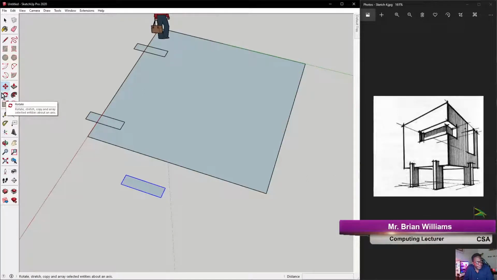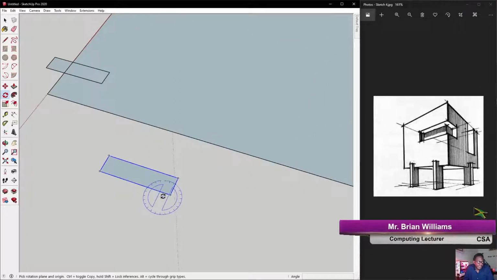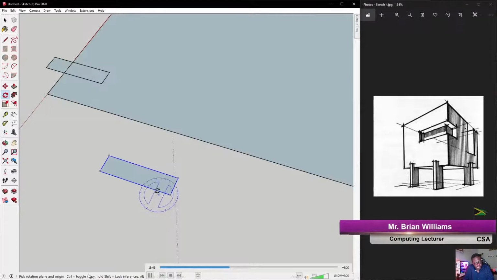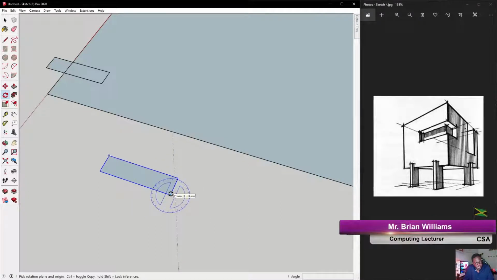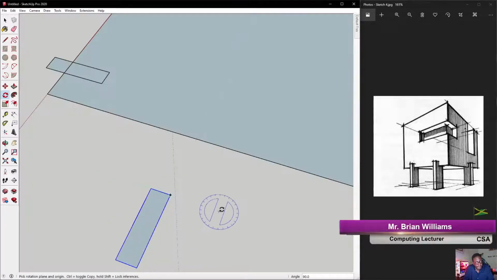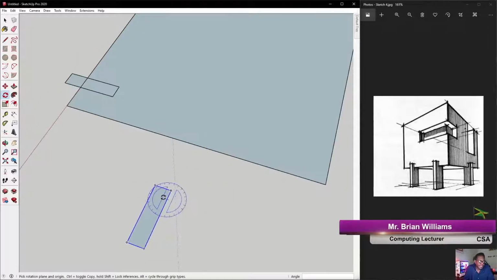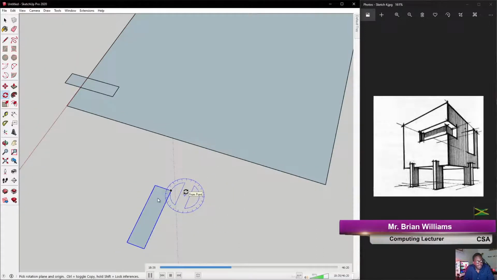So I would use the rotate tool here, and the rotate tool can be a little tricky sometimes to use. How it works is that you need to first position the protractor. So the first click is to position the protractor. So I'm going to rotate it this way, and the third click is to rotate the object according to the protractor. There we go. So you have to do 3 clicks to let the protractor work. Now there are some additional techniques with the